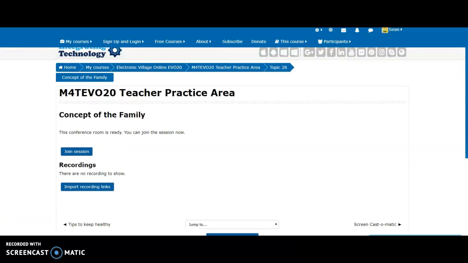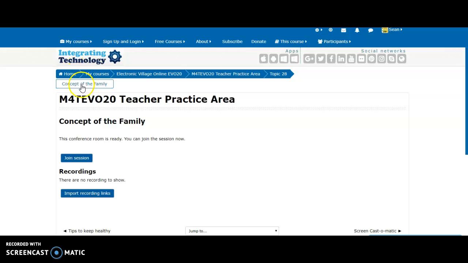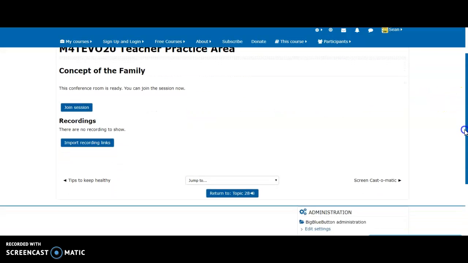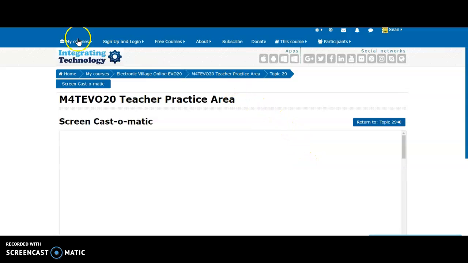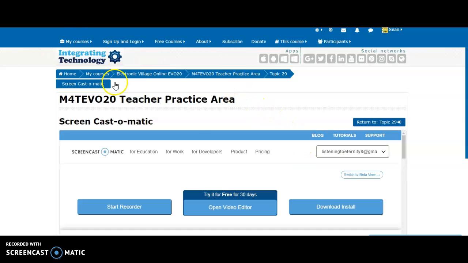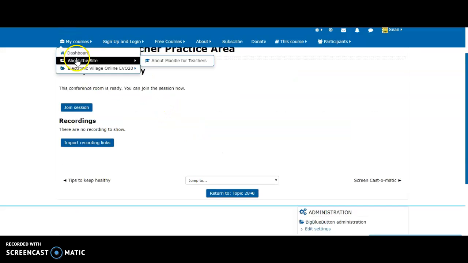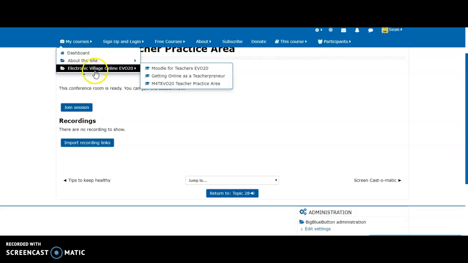If I wanted to create another one, here you can see I can create links, import a link, put a link. If I click this button here, I go to the other activity, which will be schematic, but I don't want that. So I'll go back and click on